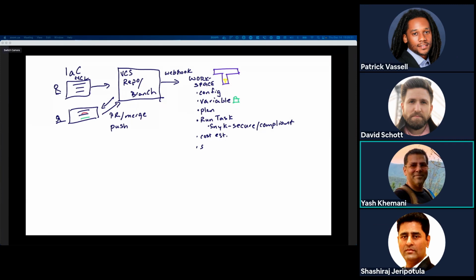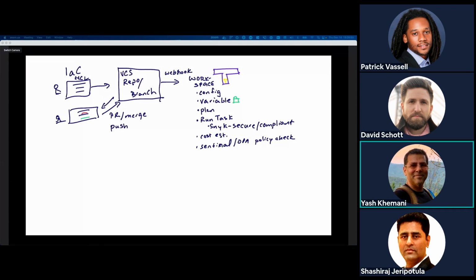So with Terraform Cloud, you can codify your policies just like you're codifying your infrastructure using the Sentinel or OPA policy as code language. And again, the idea is to make sure that what goes out of our provisioning system is secure and compliant.